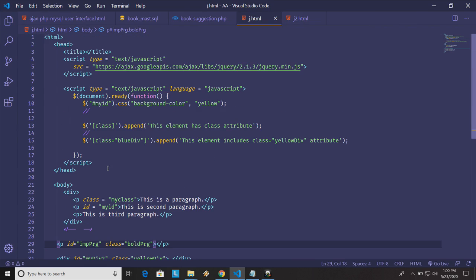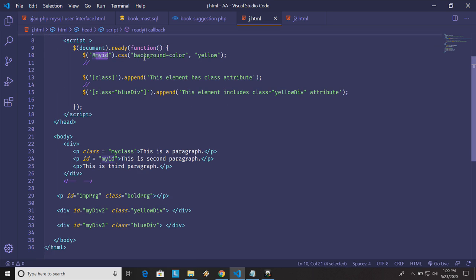I'm having the HTML here. I've included the jQuery here inside it. It is optional. If you write this, if you don't write it, it's optional. It depends upon the programmer. Here I'm accessing by ID and setting only that HTML which is having this ID, and the CSS. This is to apply the styling. So the CSS is coming from this